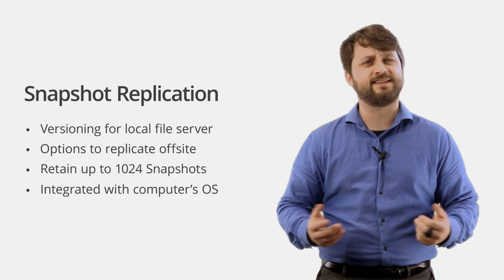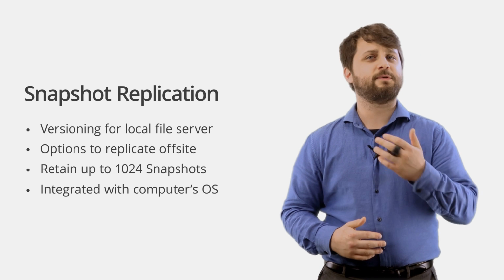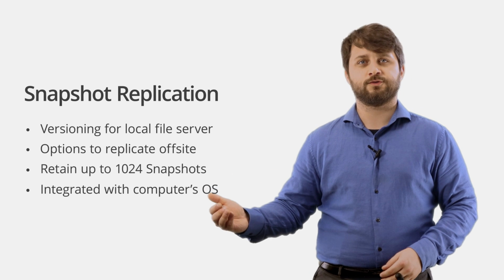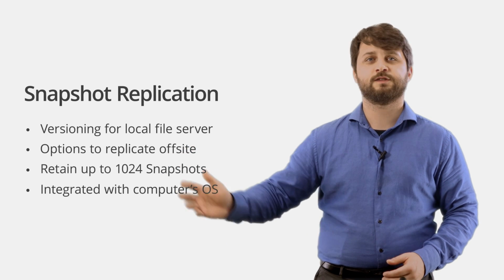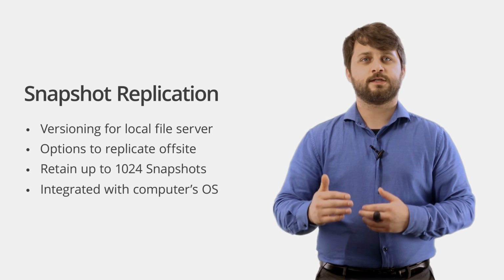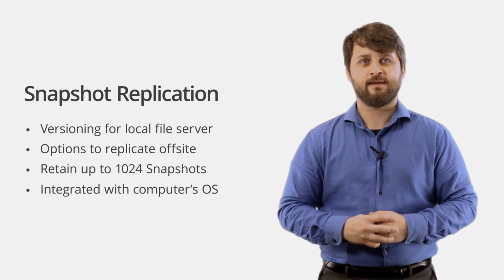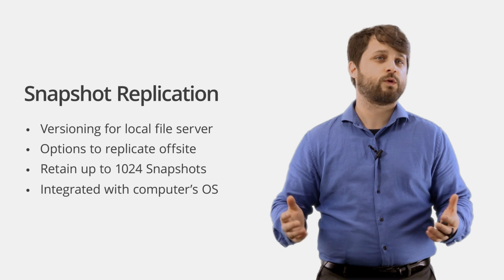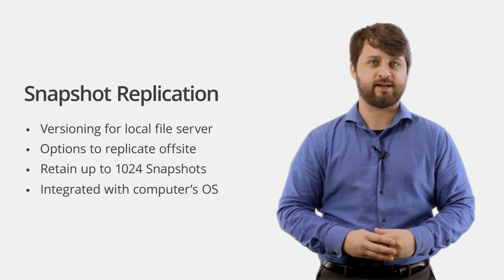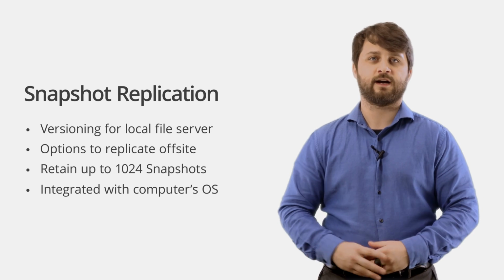your Synology NAS, and we're going to be mainly talking about local snapshots in this case. Now, let's think about a scenario where you might not be using Synology Drive, those advanced features, and its built-in versioning, but you're using the NAS as a local file server, and you've mapped some shared folders as mapped drives in Windows File Explorer. You can apply those snapshots to those shared folders to give versioning to the files inside of those folders, so you can easily roll back to a previous point in time. These snapshots have a retention level of up to 1,024 snapshots, and you can even view and restore those snapshots from directly inside of your operating system. So let's check out snapshots in action and how they can provide versioning for your local file server.